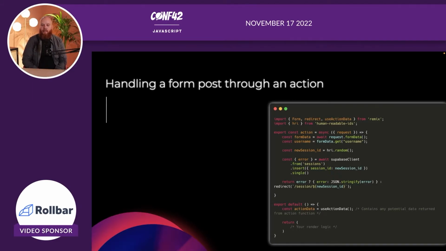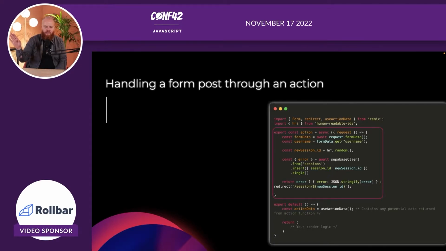So as you can see here, I have a request that's coming in, and in that request, there's just form data. Well, we get the form data, we get the username, and this is usually when I show this where older developers say, hey, oh, that's how I used to do it. Exactly, and it's still perfectly fine. So here we then say, okay, we'll create a new session ID. Well, I use a nice package called human readable IDs because it's a bit nicer to read those than these gigantic randomly generated ones. But then I call something called Supabase client.